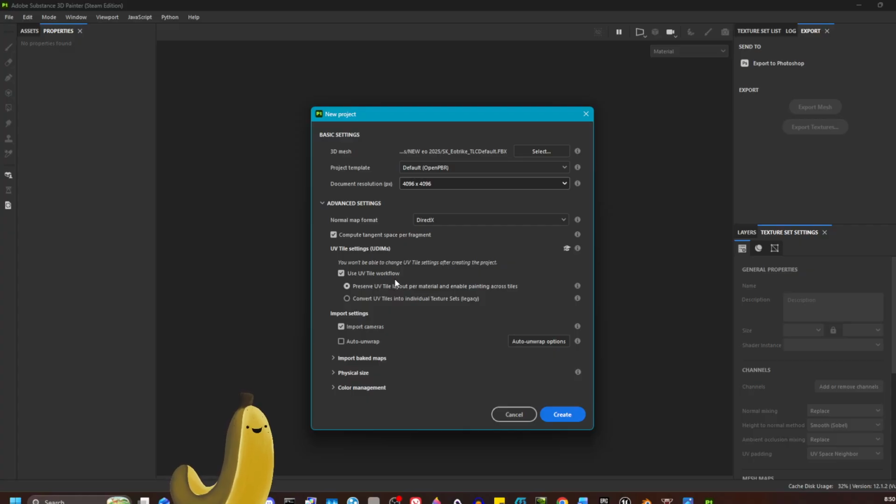UV tile workflow, that just imports how it's already set up. Import cameras, don't need to worry about. Auto unwrap, we're going to keep that off. The UV unwrapping is something that usually the 3D artists will do. And it makes it a lot easier for you as well because the auto unwrapping can sometimes be a little bit janky. And it will also mean that when you export the skin, it's going to be in the same